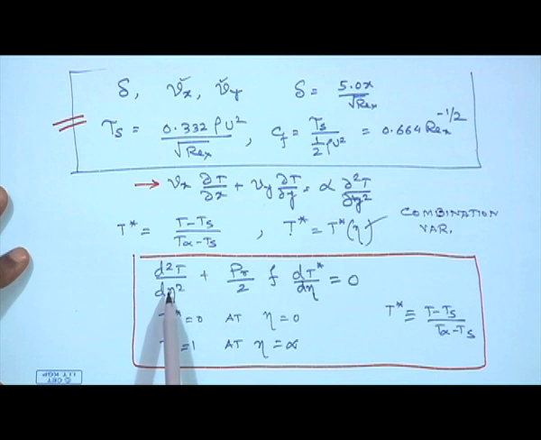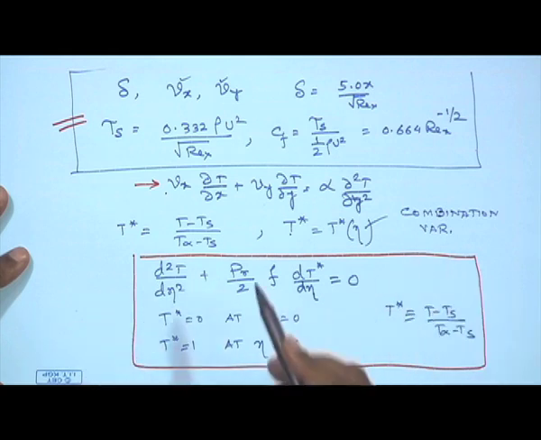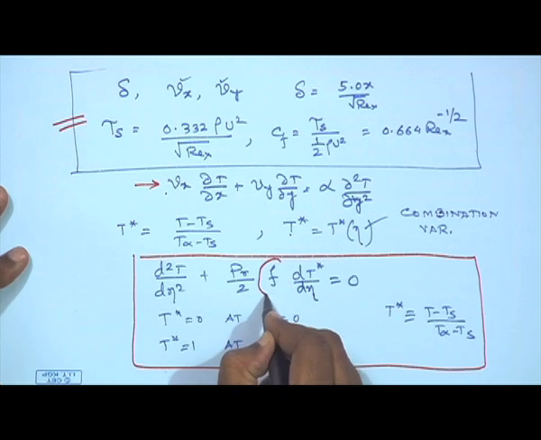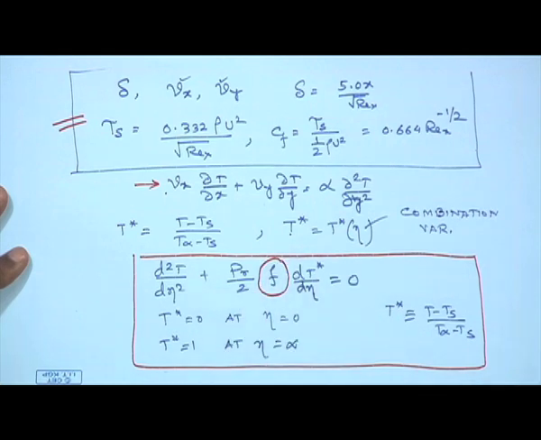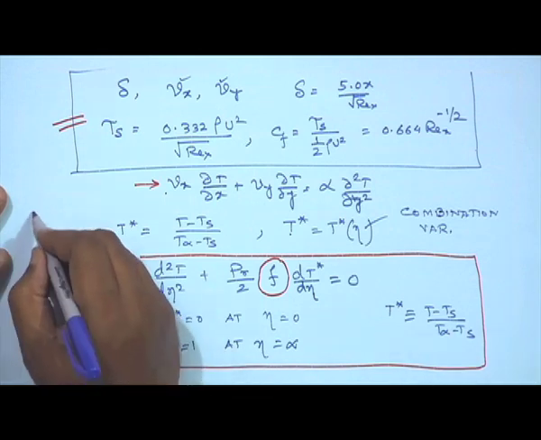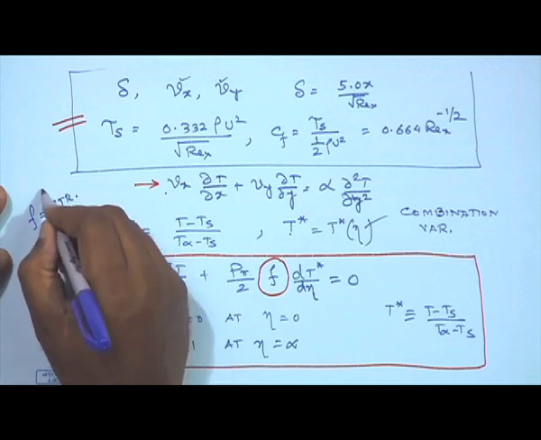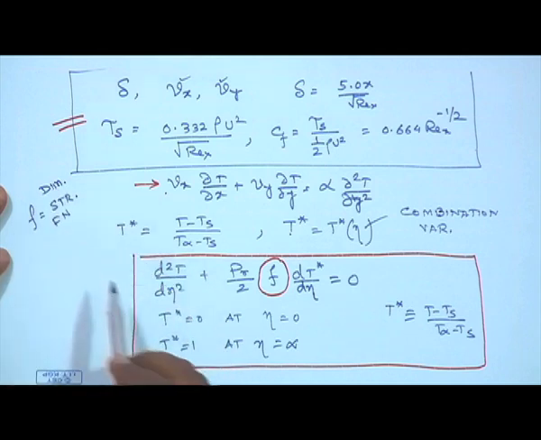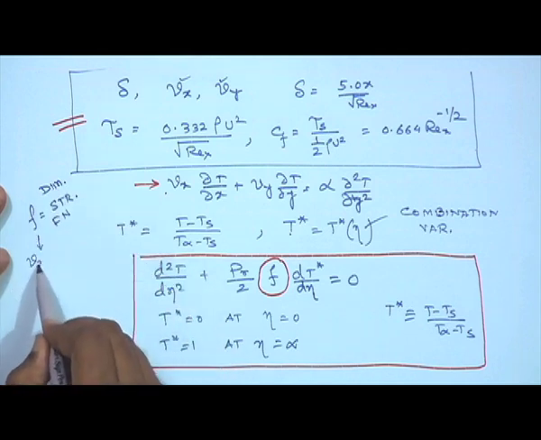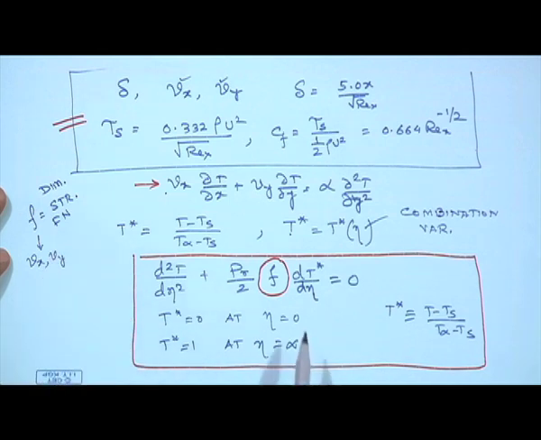With this we were able to convert the PDE into an ODE, but look here, the appearance of F in the energy equation. If you remember, F is the dimensionless stream function. So, F essentially contains Vx, Vy, etc. So, the presence of F in the energy equation couples it with the